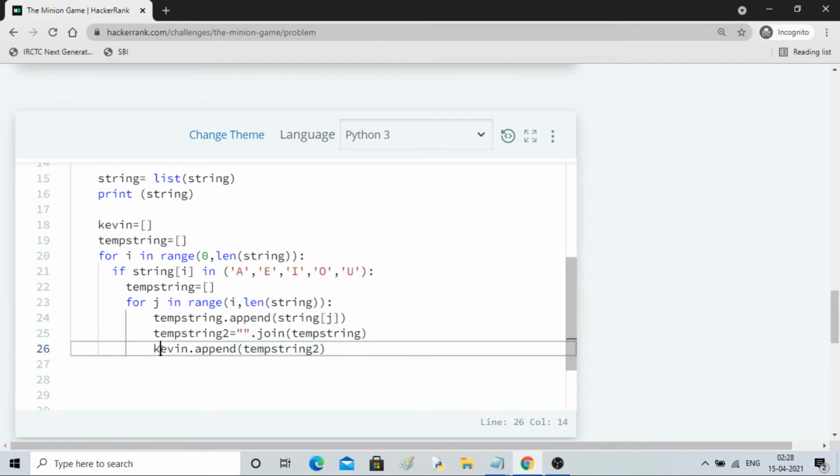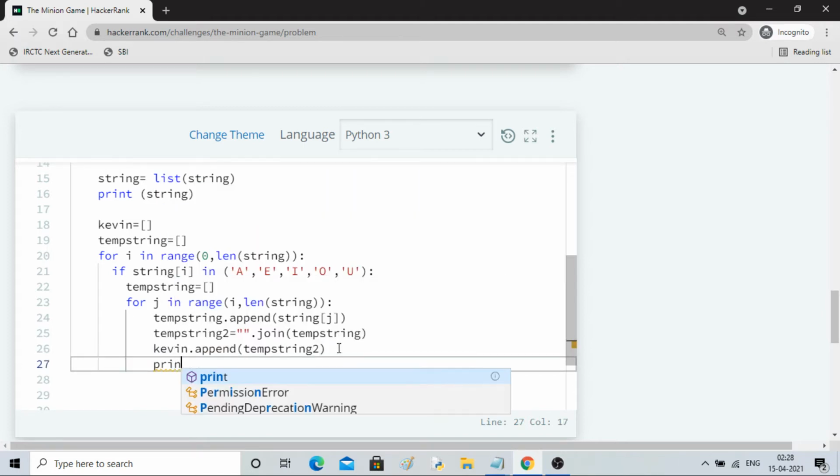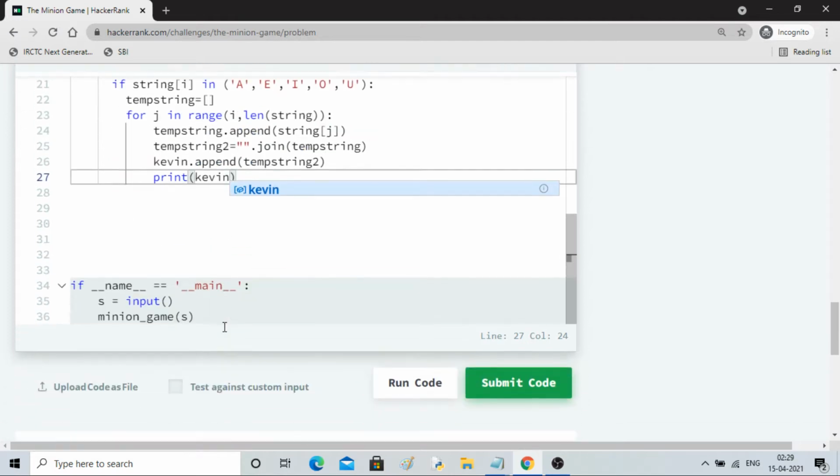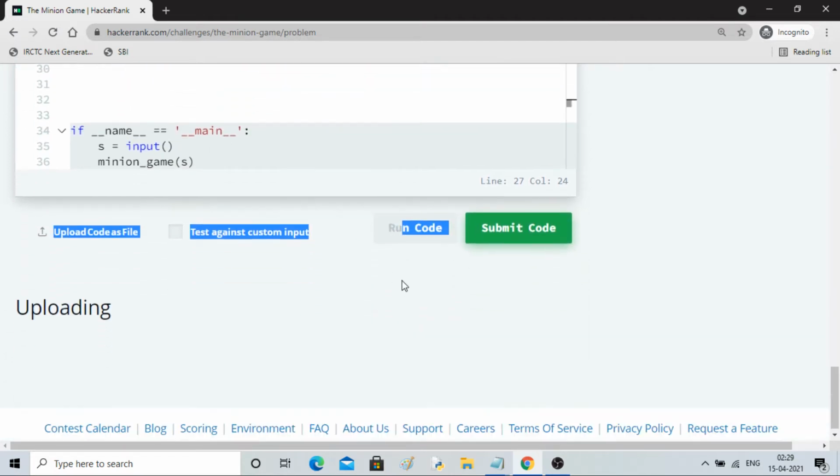This will not refresh, everything will be saved here. These are Kevin's words, so print Kevin. I'm not printing anything else, right? So let's run it.